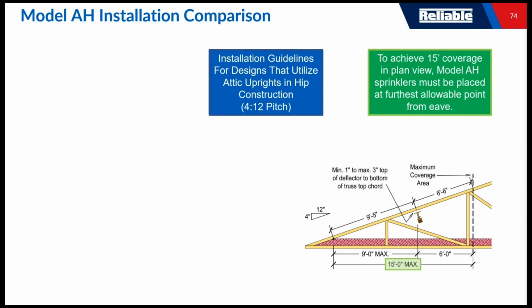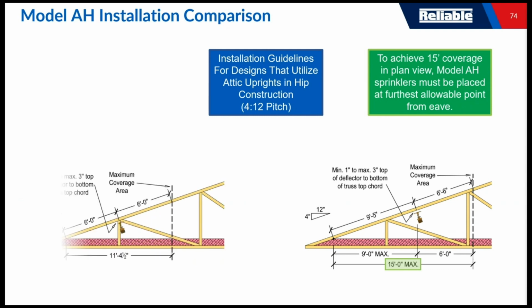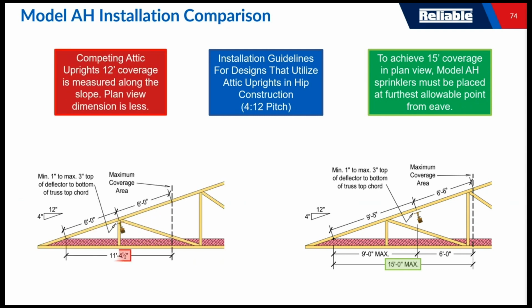In this instance here, you can see we get 15 foot of coverage with the 4 and 12 slope, and other sprinklers are going to give you 11-foot coverage on the floor because the 12-foot of coverage is along the slope. So this sprinkler looks like it's 120 square feet of coverage normally, but you're using it on the slope. Ours is 150 square feet of coverage, and that's always on the floor. And of course, since that's the case, that means the